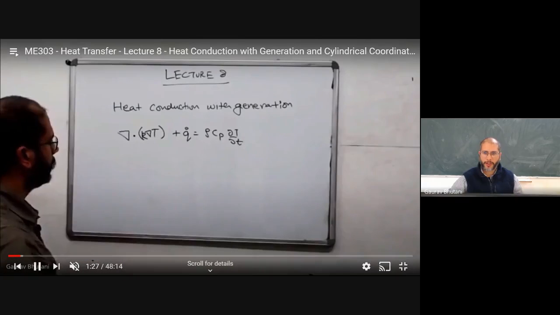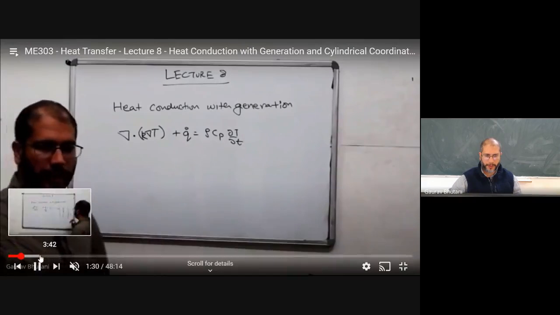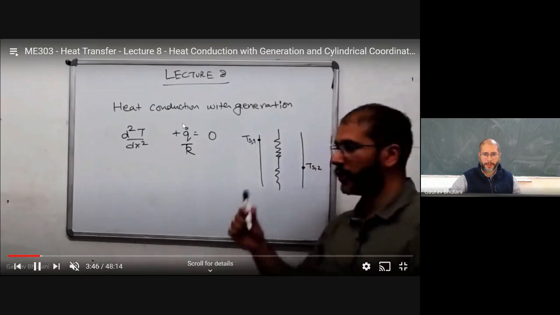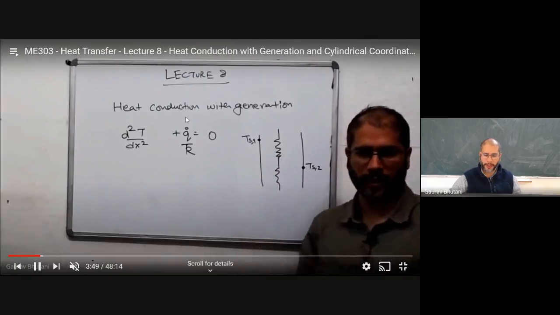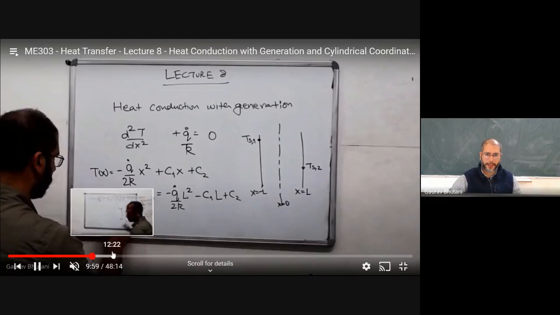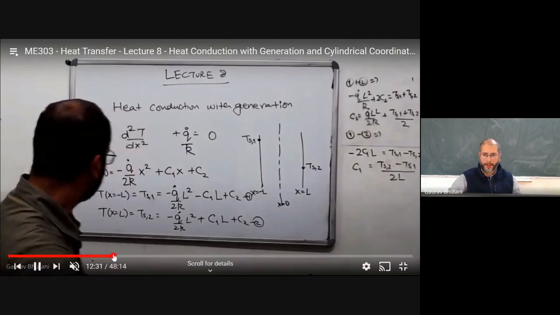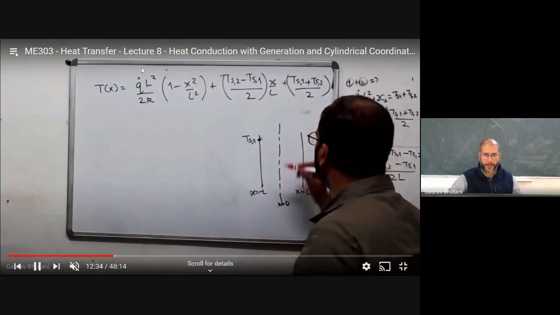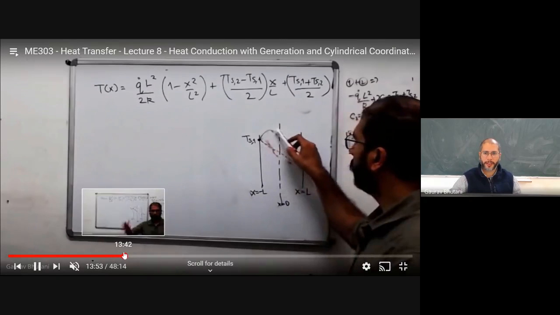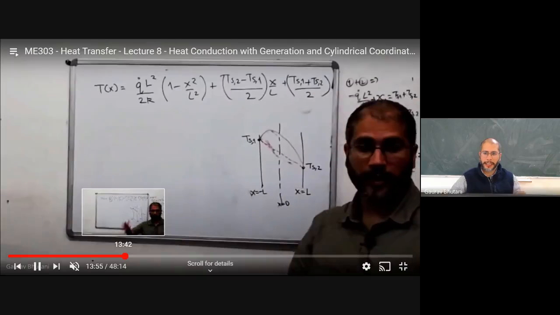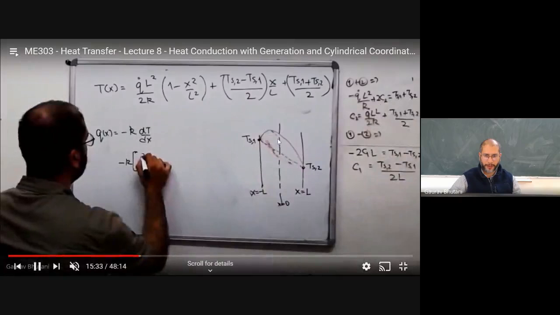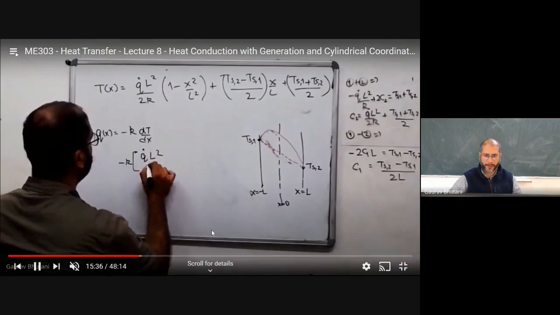We talked about heat conduction with generation. That was the first discussion topic of that day. So we talked about the heat conduction equation, but we had the generation term as well. And we then solved the equation, and finally we got the solution, which was a parabolic solution. And we saw that since there's heat generation happening, the heat leaves through both the boundaries. That's the reason we have this kind of a plot of the temperature profile.